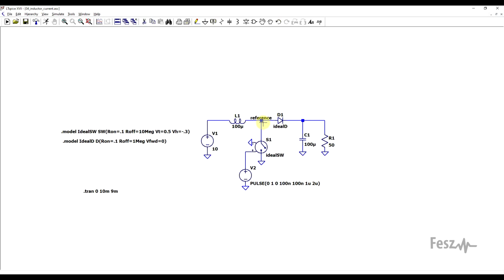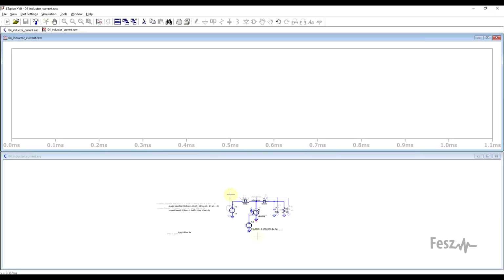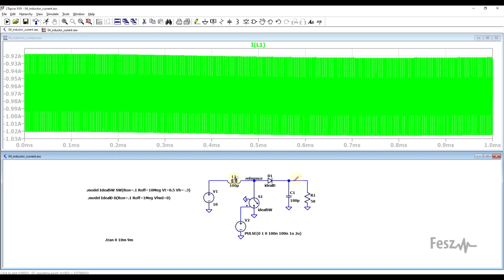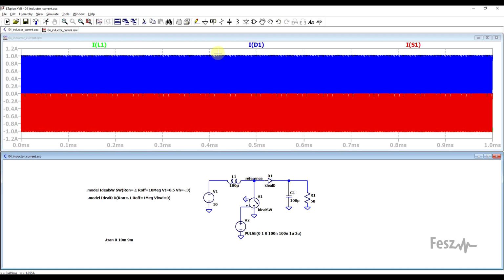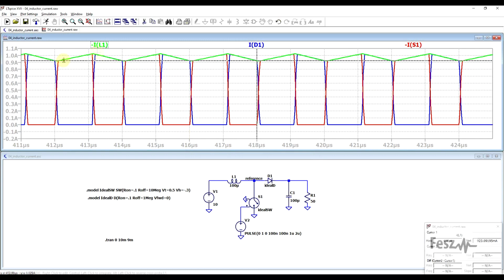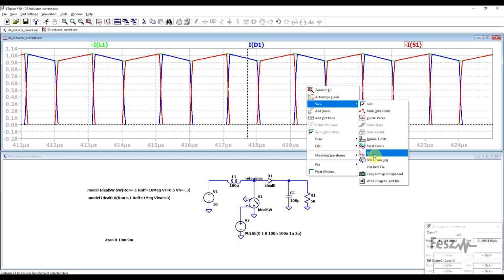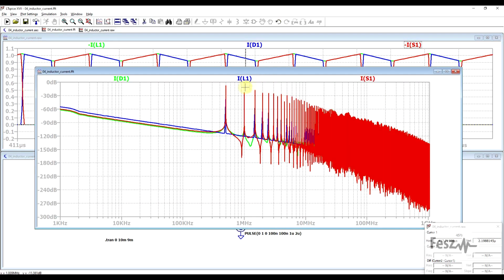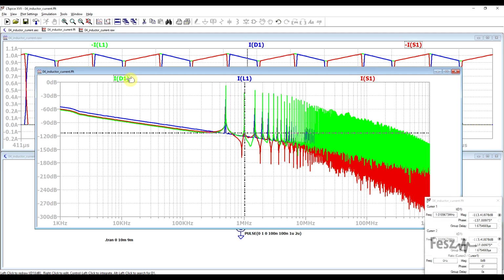So for this, I just kept the reference circuit with ideal components. If we look here at our inductor current, diode and switch current, and we rearrange them a bit, we can see that our inductor current in green nicely decomposes into the diode current in blue and the switch current in red. And if we analyze the spectrum of these three, we can see that all of them have the same fundamental, and while the switch spectrum and the diode spectrum are more or less the same, we have our two distinct regions, the first 20 decibel per decade drop and then the 40 decibel per